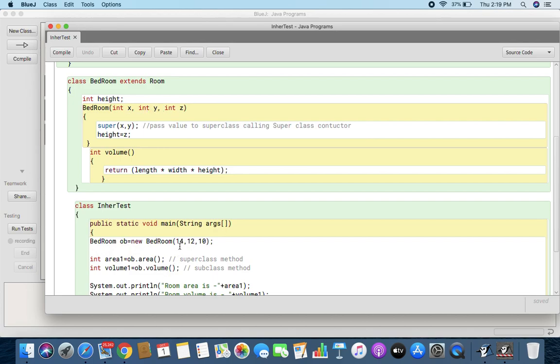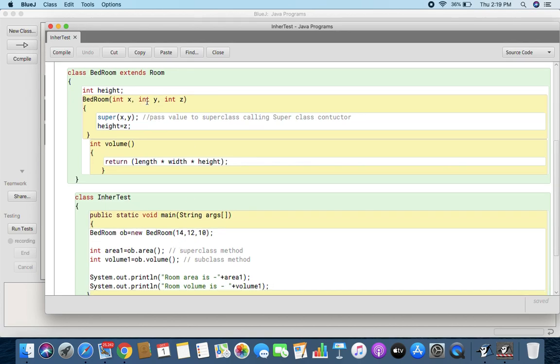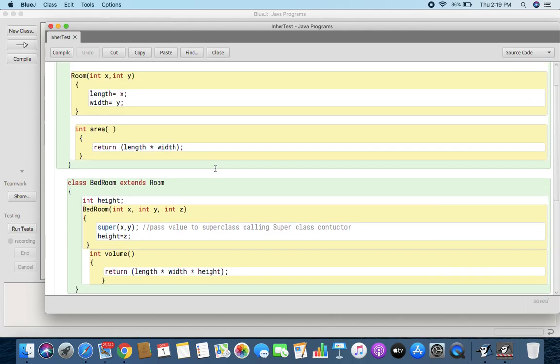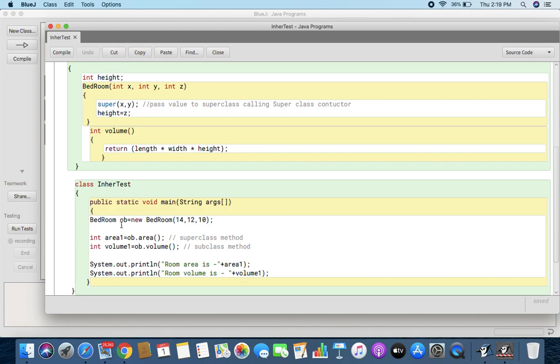So we are given the values 14, 12, and 10. These 14, 12, and 10 are the actual parameters, and these are the formal parameters. So this Bedroom constructor will be called and will assign the values to x, y, and z. Got it? Now, after the values are assigned to x, y, and z, and then to length, width, and height with this constructor, we are calling the method called area using the object ob. But interestingly, as you can see, this area method belongs to the superclass. Have a look at this. The area method belongs to the superclass Room, but we are calling it with the help of the object of the derived class. That is perfectly all right, because